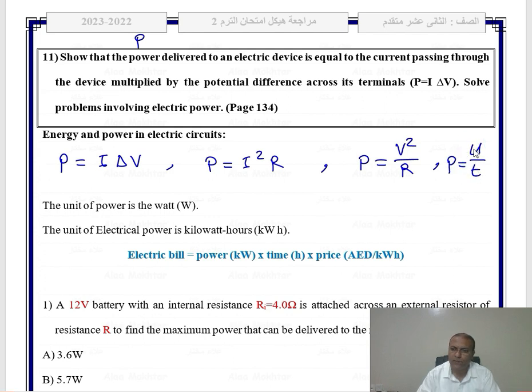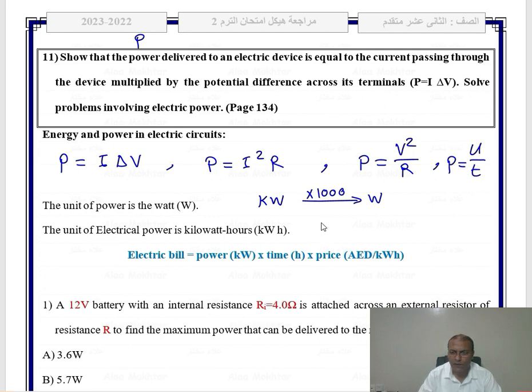Energy, we can write it U or we can write it E. Solve a problem involving electric power, energy and power in an electric circuit. All of these equations are related to power. The unit of power is the watt. If I need to convert from kilowatt to watt, multiply by 1000. If I need to convert from watt to kilowatt, divide by 1000. The unit of electrical energy is the kilowatt hour, because as you see from this equation, energy equals